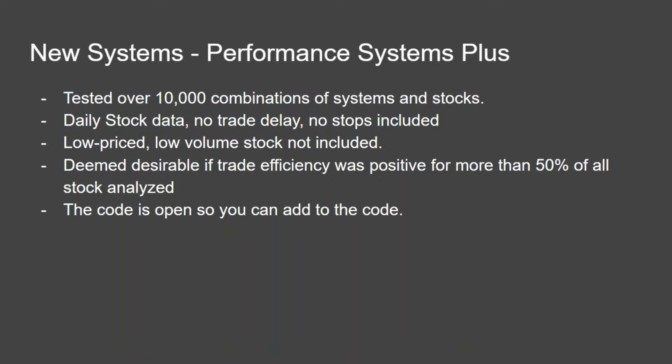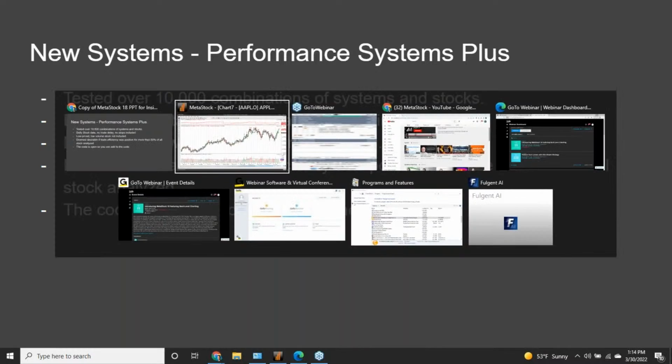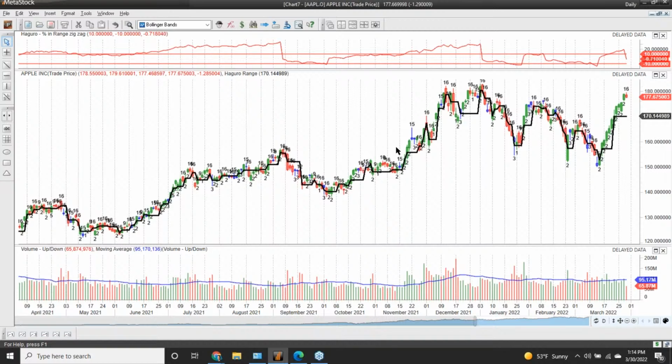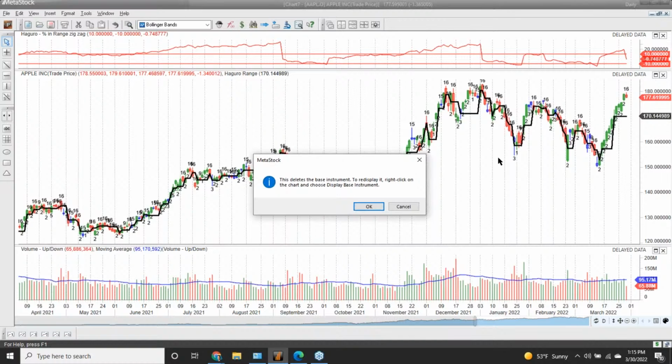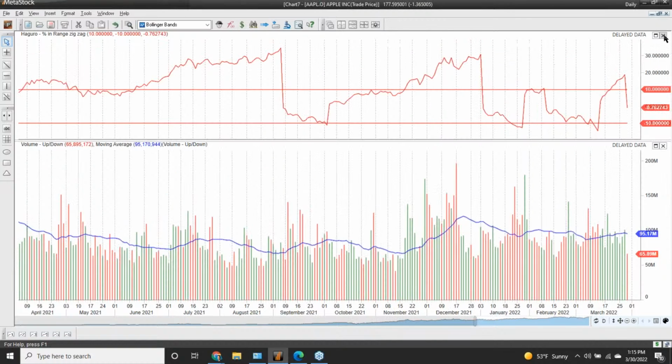But let's just jump in and I'll show you really quick the PS systems. This was a very popular add-on. It originally sold for $2.99. It's one of our most sold systems or add-ons ever. Not saying it is the best by any means, but it's just